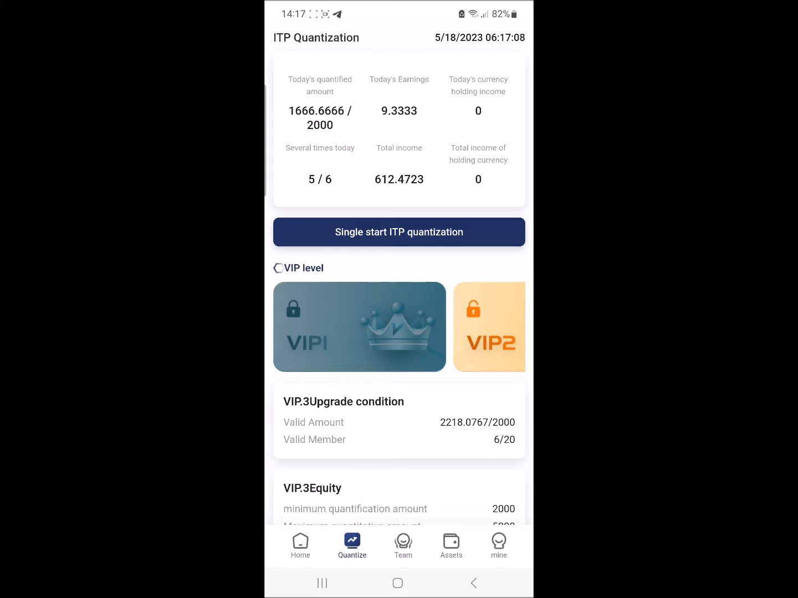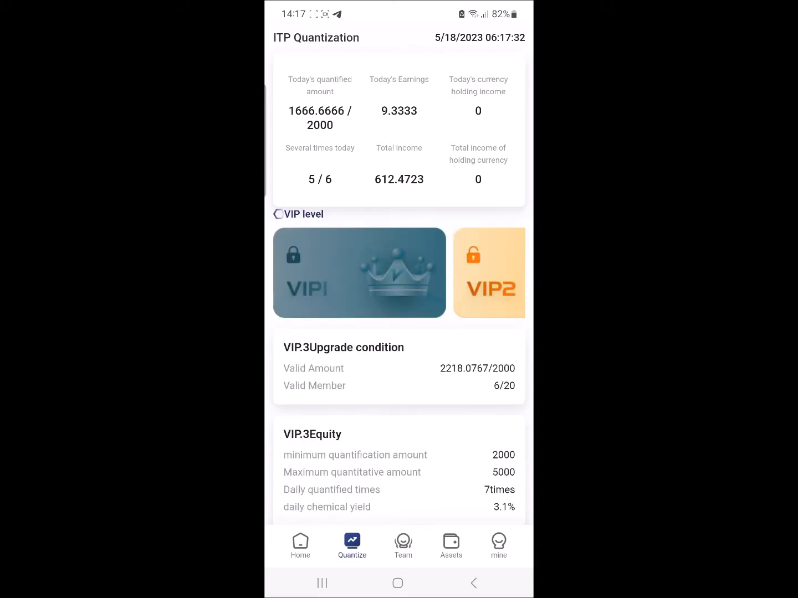Now, I will earn the same amount on each of the 6 trades. If you look at the figure, it's gone from 6/6 to 5/6. So I've got 5 trades left out of my 6. So if I do it again, if I press that button where it says single start ITP quantification,